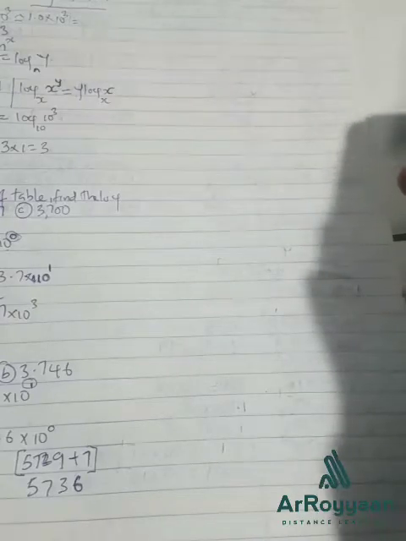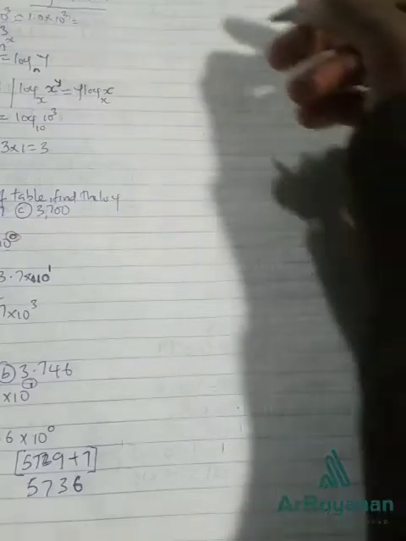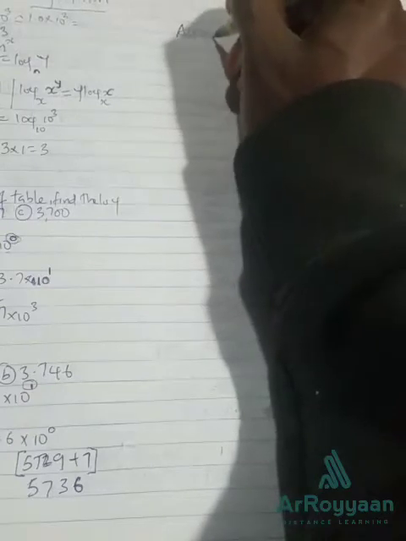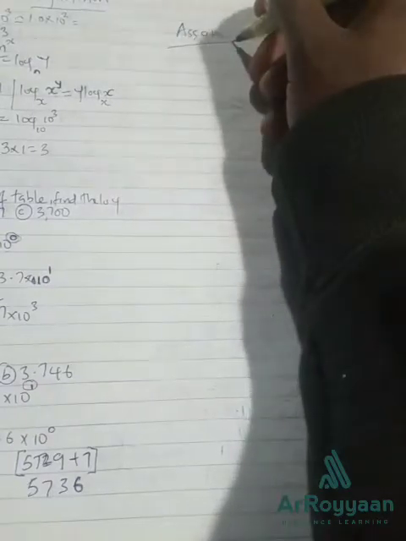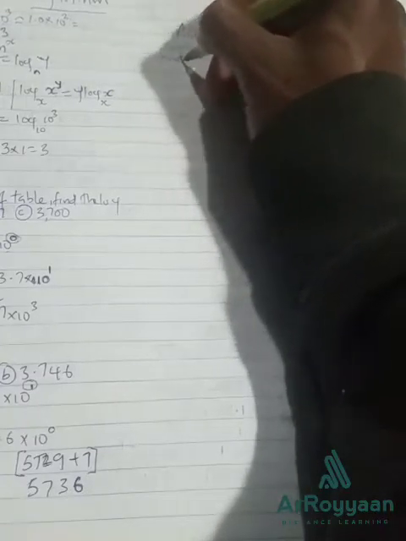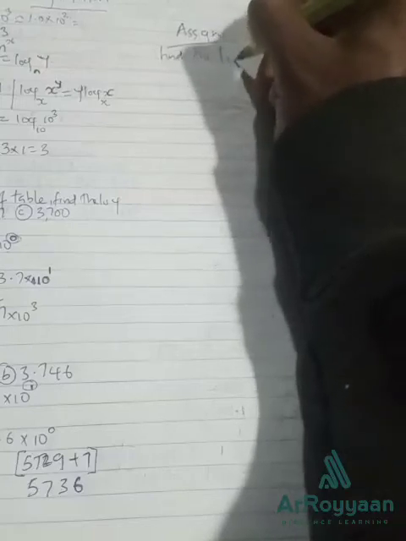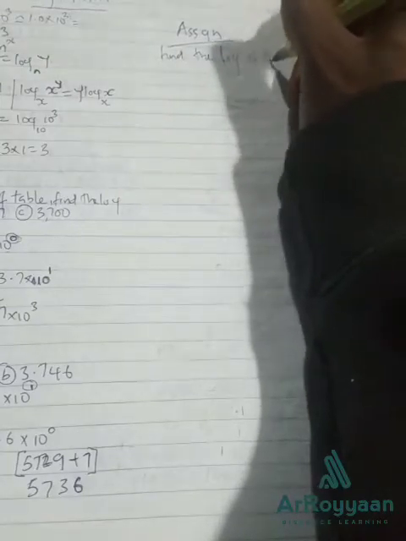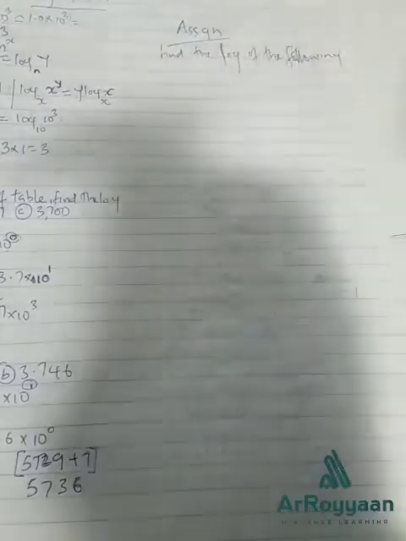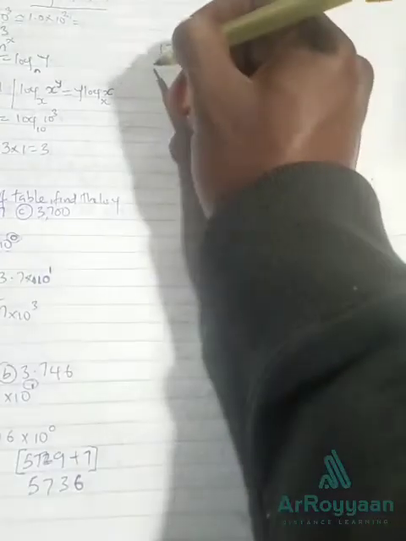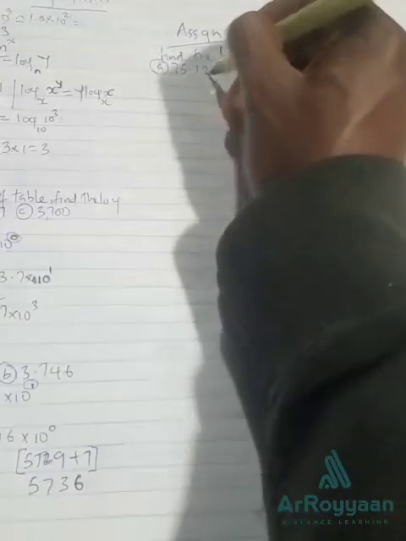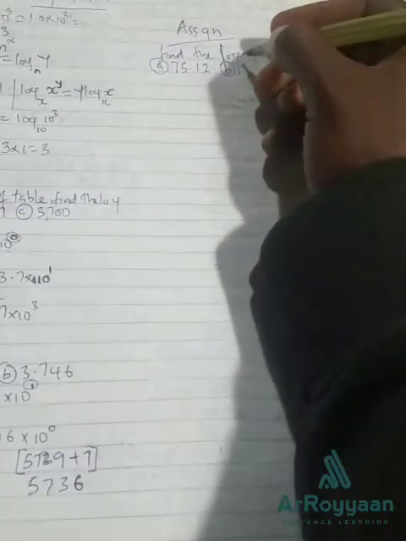So the assignments I will give you. Our assignment is: find the logarithm. Find the log of the following. We have A, 75.12,